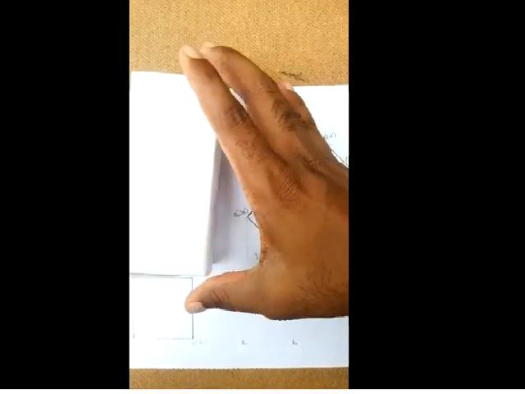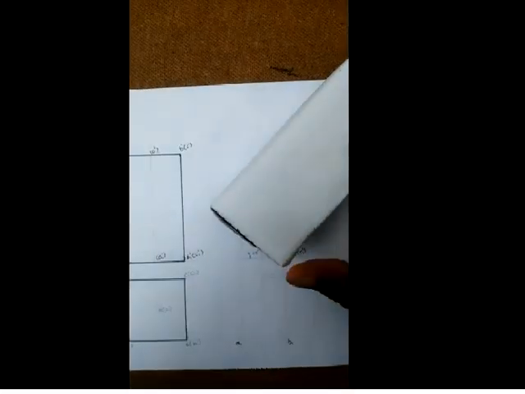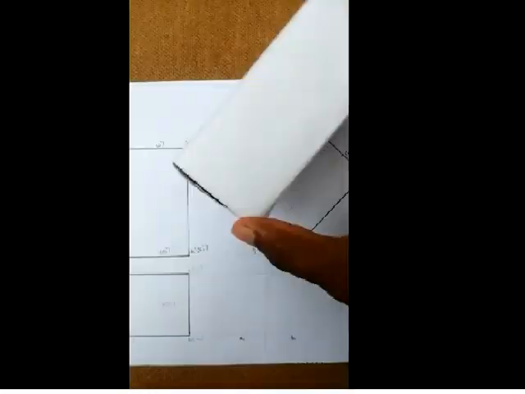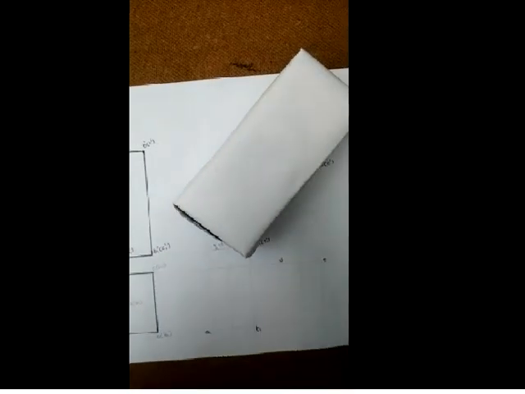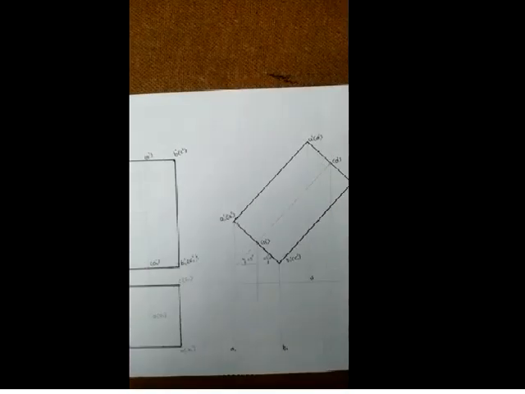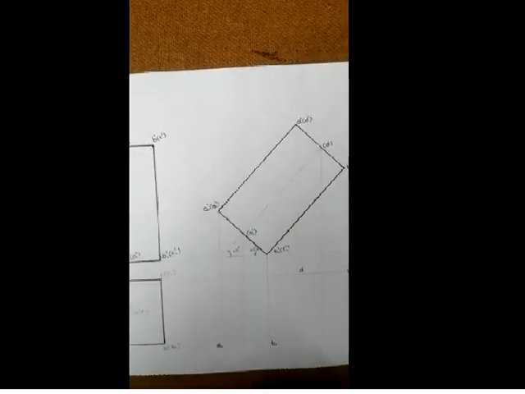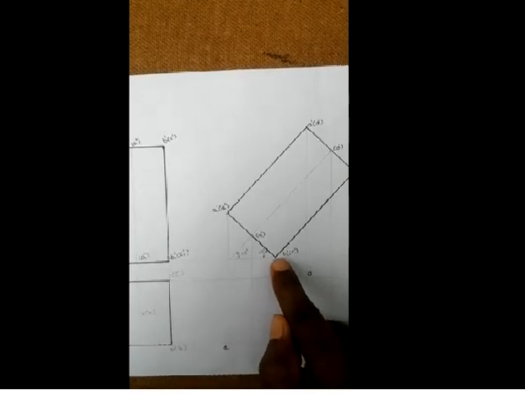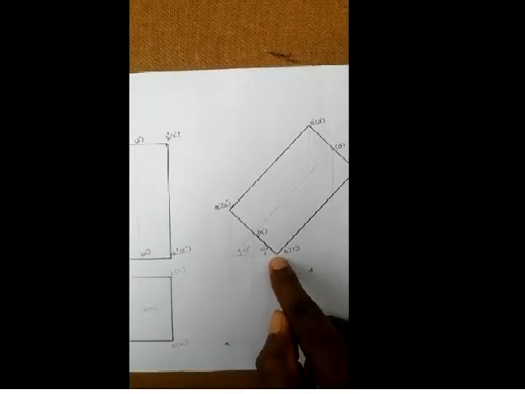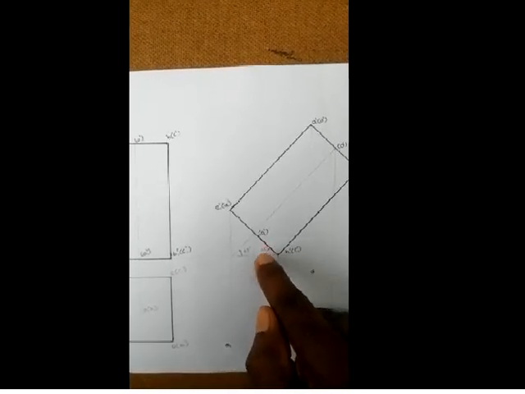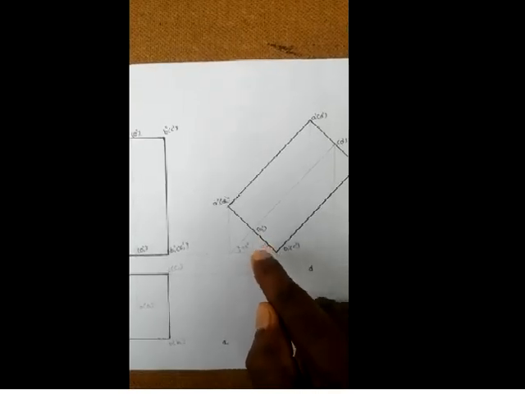So if you compare these two diagrams, there is no change in dimension of this rectangle. Same rectangle I am copying here, but this rectangle will be making an angle of 45 degree. So to mark this rectangle, while starting this diagram, first locate one point on XY line. After that, find out what is this inclination.